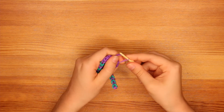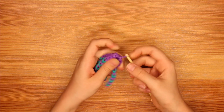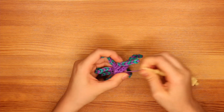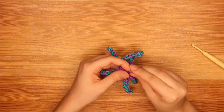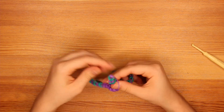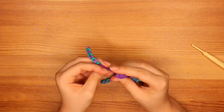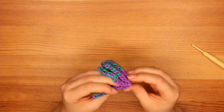So now we're going to go ahead and do another slip knot. So the top 2 are going to come through the bottom 2, and you pull, of course not too tightly. Pull, then you can release it once your slip knot is nice and tight. Okay, and we're going to take these 2 bands and put them on the same leg as before. So this leg right here, wrap it once and wrap it twice. Okay, you just want to push it up because of course that's going to make it easier in a minute. Alright then,